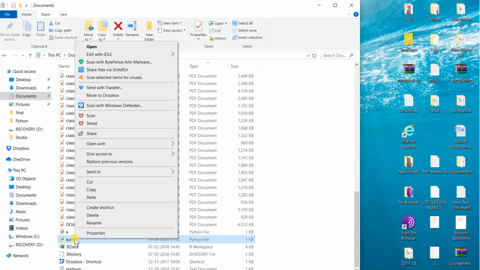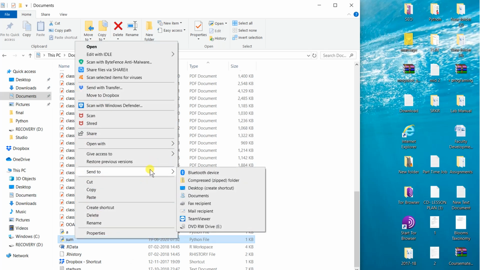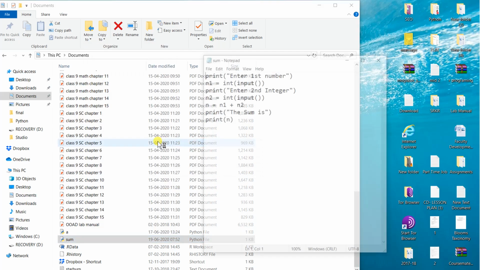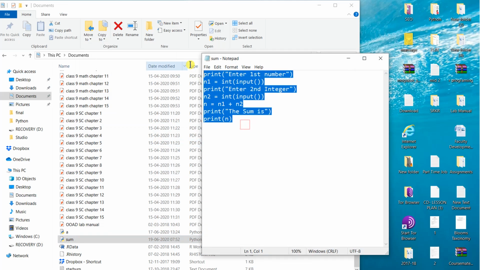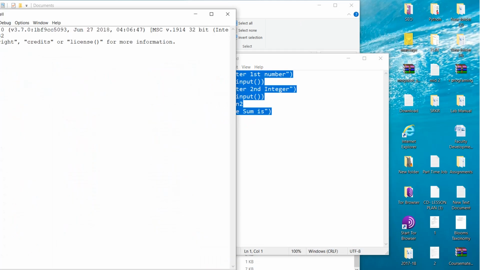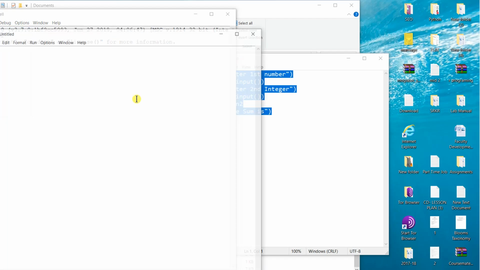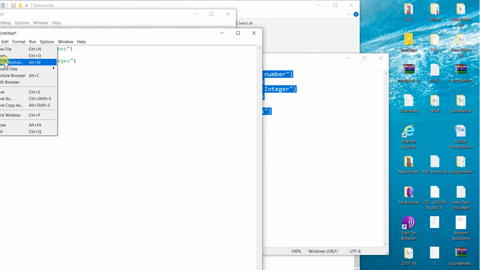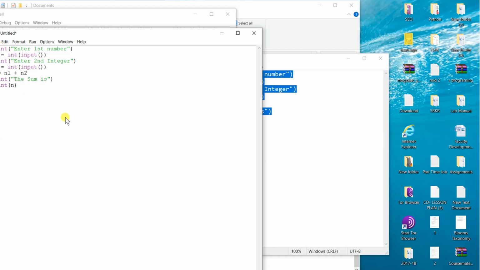Now you can open this file with, let us say, any editor. This is the code you got. Now the path may not be the same, that's why you create a new file, paste it here, and you can save in a particular folder where you want to have it.